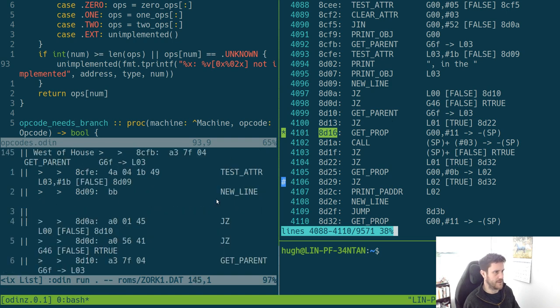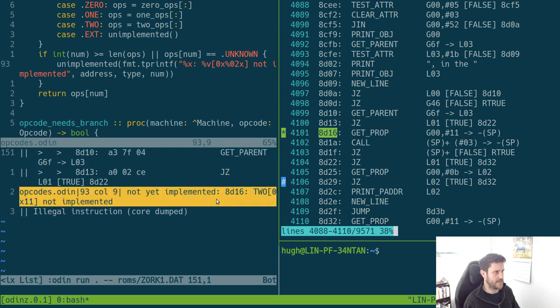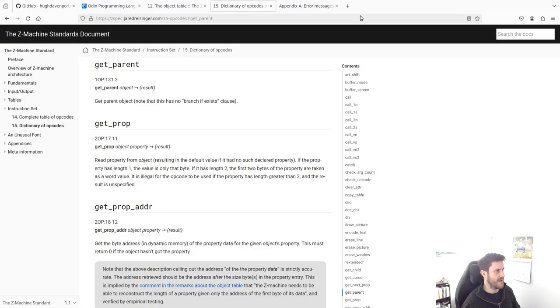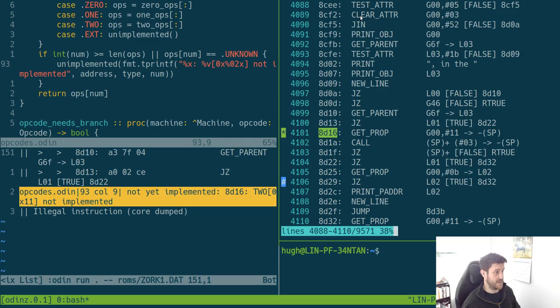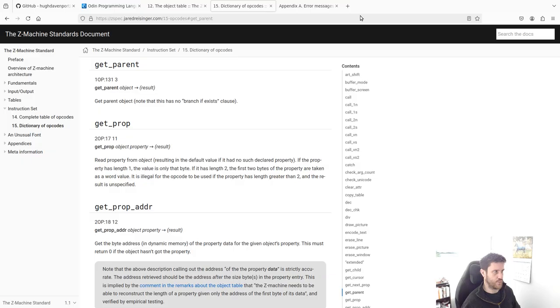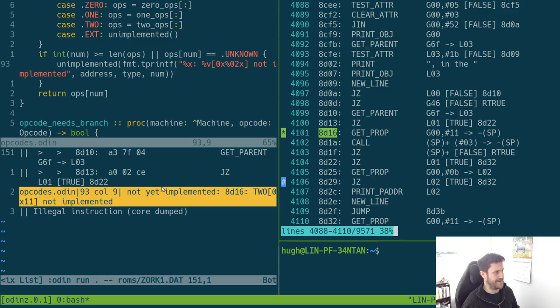Well, that JN, or just like one. I don't know. Anyway, 8D16 get prop. That's 2-op 17. Oh yeah, 2-op 17. 17 decimal, and then 11 next to it is the hex. Kind of weird layout for this, but